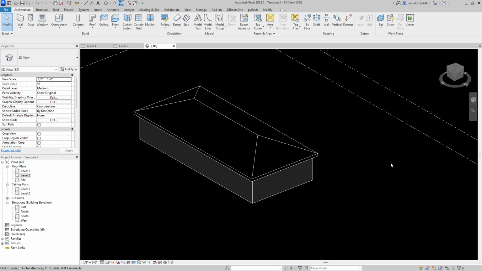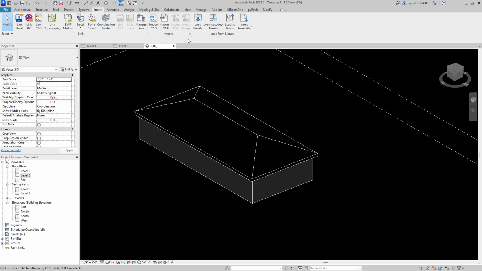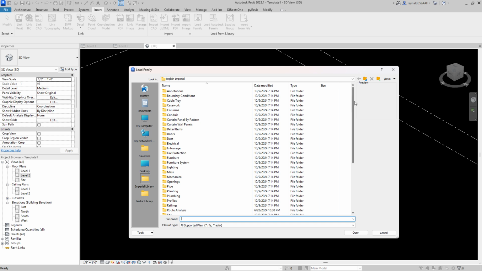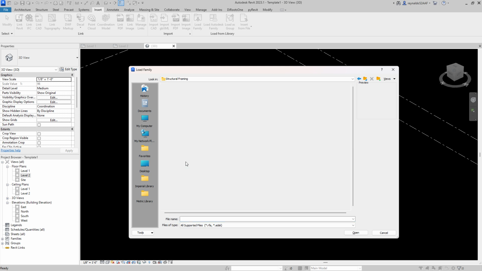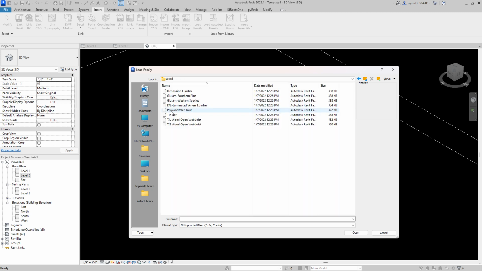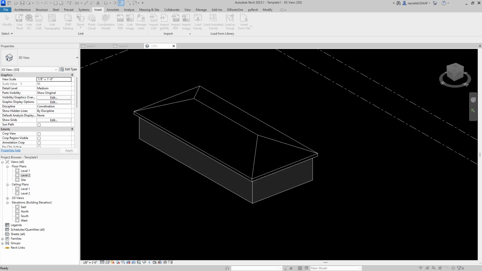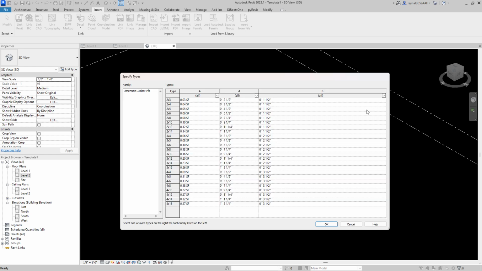rafters. So first thing we need to do is go into our Revit folder, go to Insert, go to Load Family, and once you do that, you'll get this pop-up window. You want to drag it down to Structural Framing, and then go to Wood, and go to Timber. We'll go to Dimensional Lumber, click there, and then you'll get another pop-up window, and from here we'll grab a